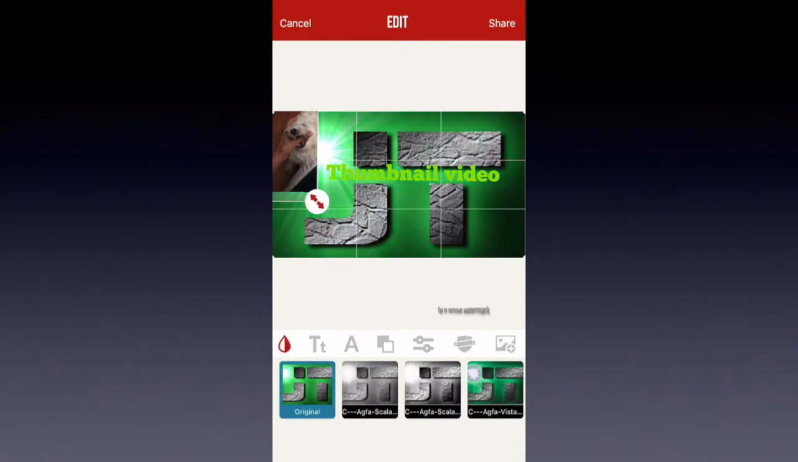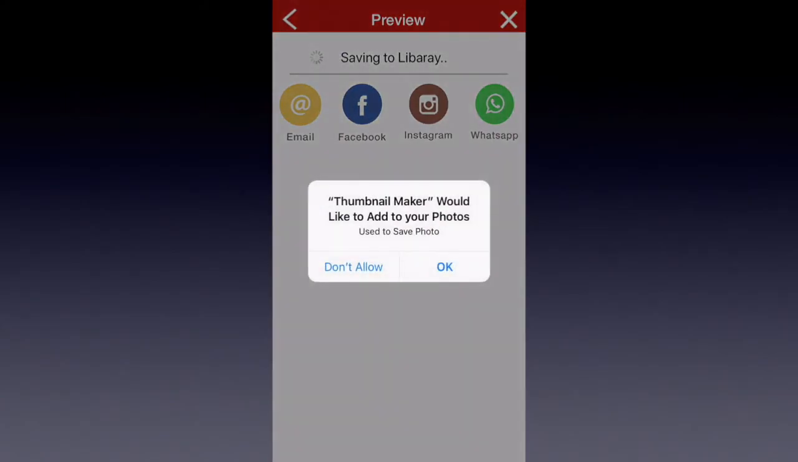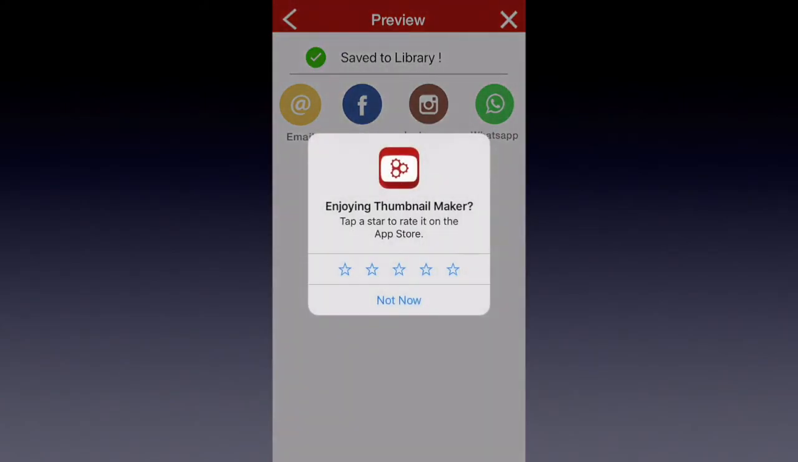Then once you're finished, just click share at the top right, allow your photos to be accessed, and it saves